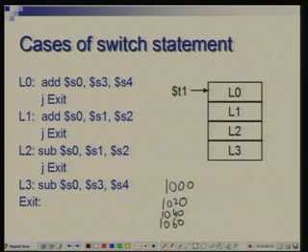Then instead of a table, what I need to do is take the starting address 1000 plus 20 times k. So, I need to simply compute this and then do JR with that, right. Instead of looking up these 4 addresses in the table, this is a general approach. If the addresses are arbitrary, that does not work, but if they are uniformly spaced like this, then I can simply compute the address by taking a base address plus some constant times k. So, sometimes that is much more efficient.